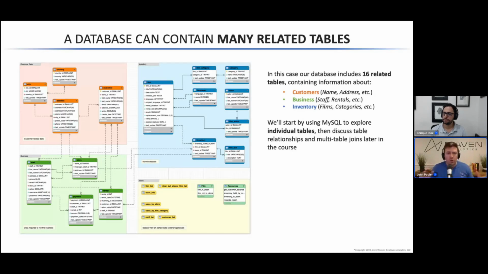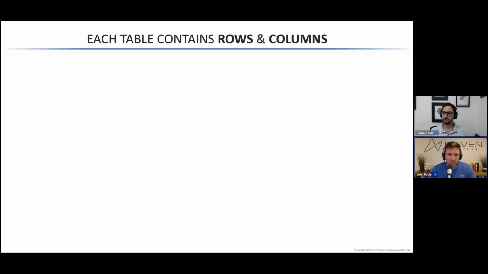So here we've got an illustration of a database that has 16 different tables. You can see the dotted lines showing how those different tables relate to each other. And we'll get into that a little more in a second. Basically, you are able to store all of this data that's distinct and unique into those individual tables, but they also relate to each other. So it's all connected. And that is the amazing power of the relational database.